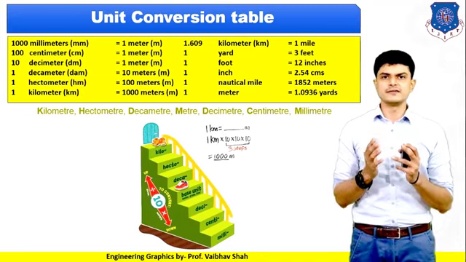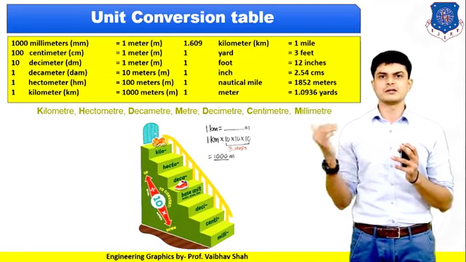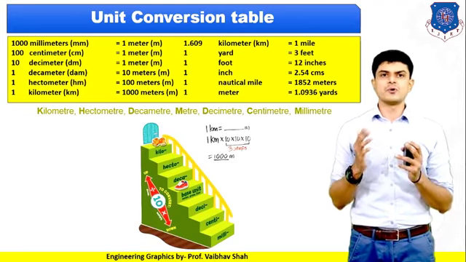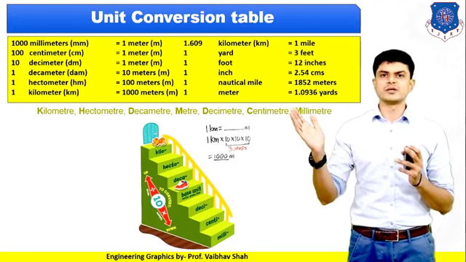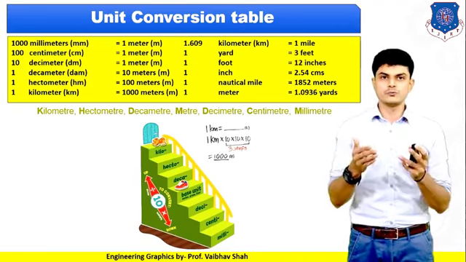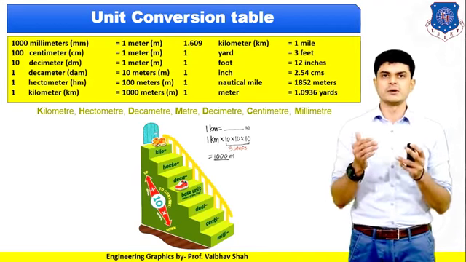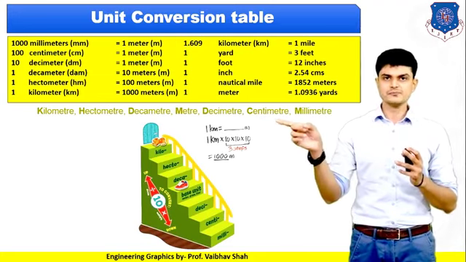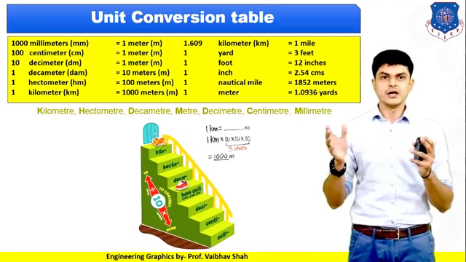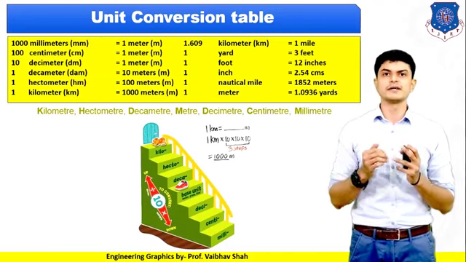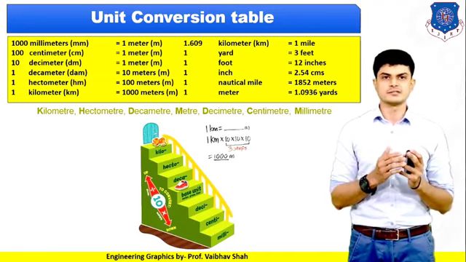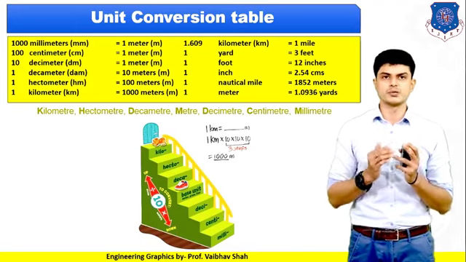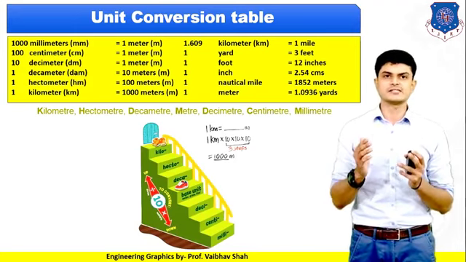Here, as you can see, there is one shoe placed on the base unit, which is meters, and if we go upwards in these stairs, then we need to divide by 10, and if we go down in these stairs, then we need to multiply by 10. So now in our case, let us take one example. I have taken one example in which we need to convert 1 kilometer into how many meters. So now we will be going from kilometers to meters, right? So let us see this case on your staircase.